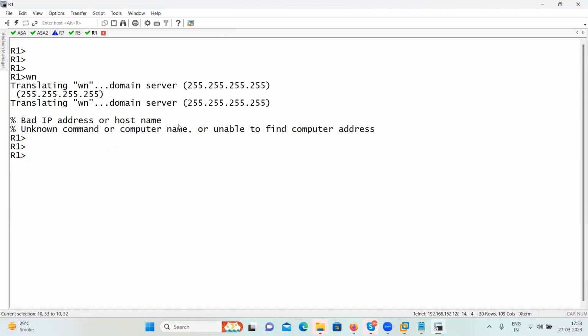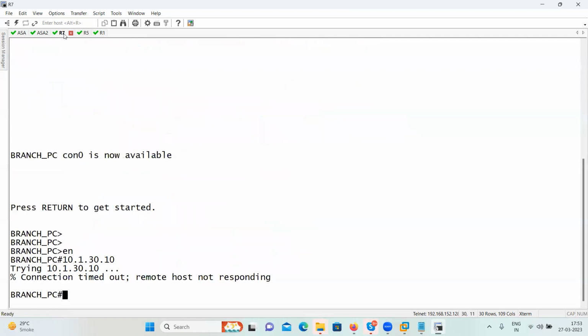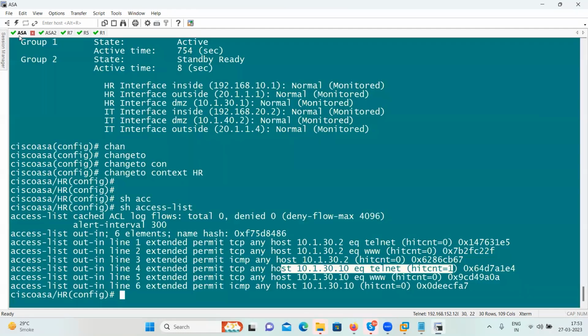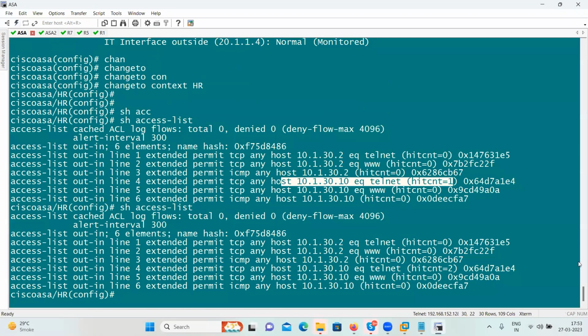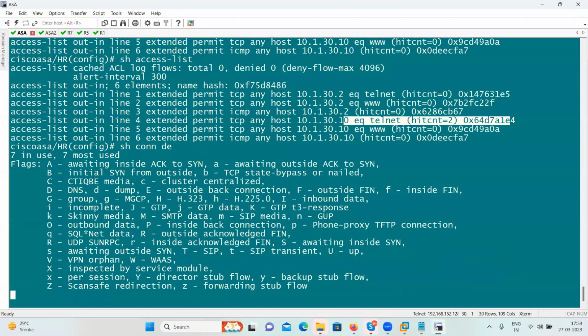I go here. So IP is out. 1 and 2 is HR, 3 and 4 is IT. So route is there. Okay. Again, you see the heads are there. And when I say show connection detail, you can see